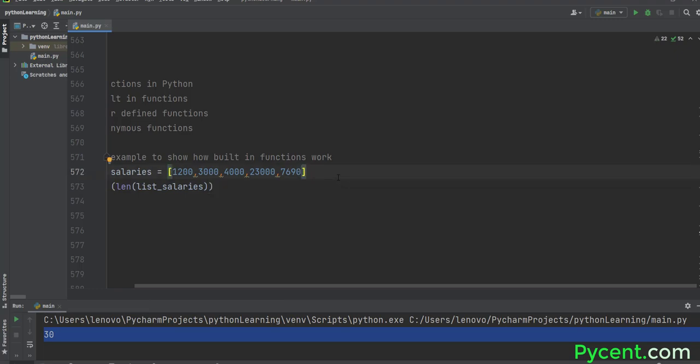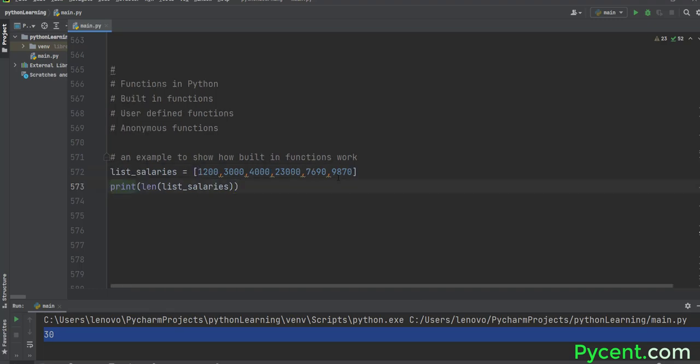Say I will include one more salary, say 9870, and the question is, I would like to know the total amount the company is paying. So I'll say print the total salaries